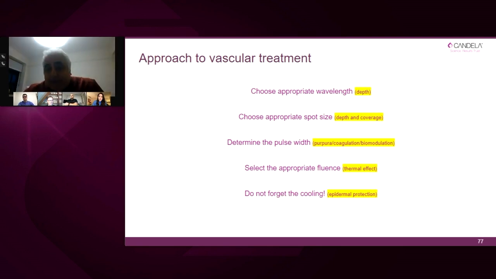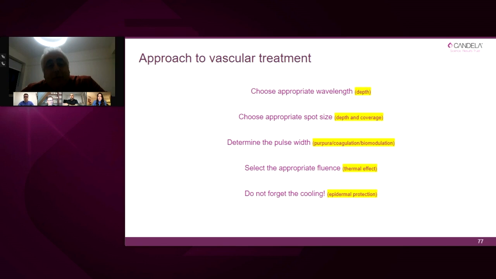But one of the unique features of the V-beam Perfecta is that we have the 3 by 10 millimeter linear elliptical spot size. Now that is a fantastic spot size to trace individual vessels and telangiectasias. So that's what I would typically do first. I always tell my resident colleagues that vessels need to be chased. So if we're dealing with linear vessels, we can choose a 3 by 10 millimeter linear spot size, which is unique to the V-beam Perfecta. And then you would choose the pulse duration.